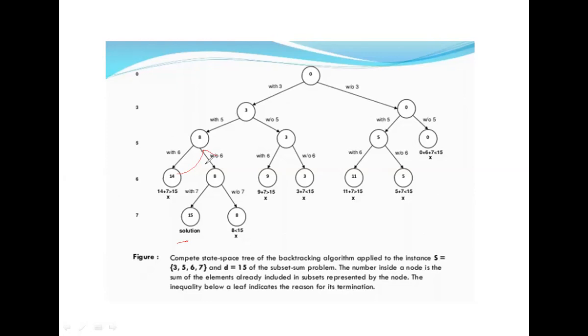So what is the result here? The result is all possible subsets whose sum is the same as the given sum. So that is our output. What is the output here? All possible subsets whose sum is the same as the given subset sum. Okay, clear? Anybody has any doubt? Is it clear?